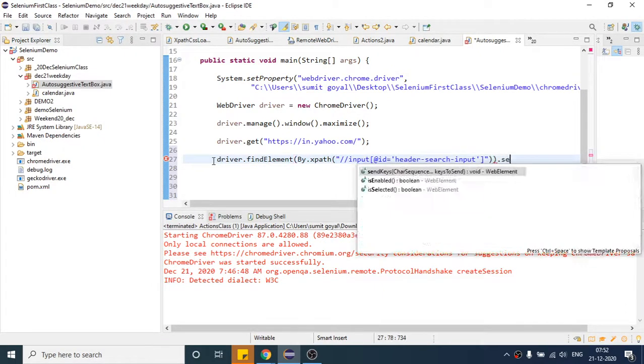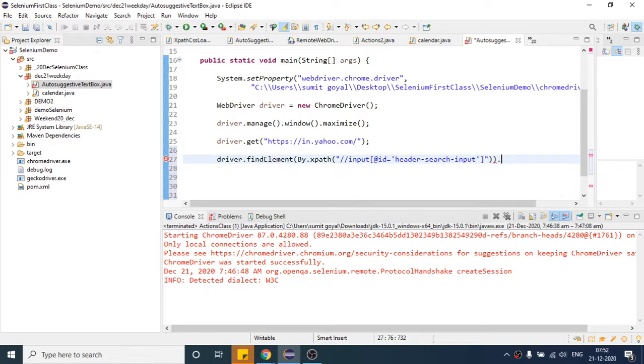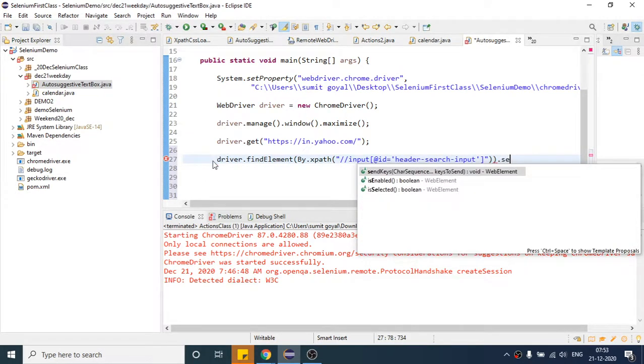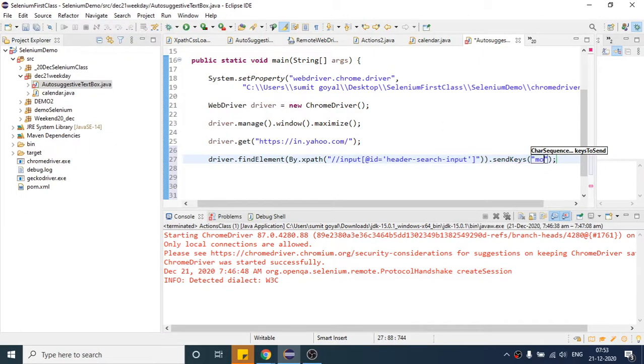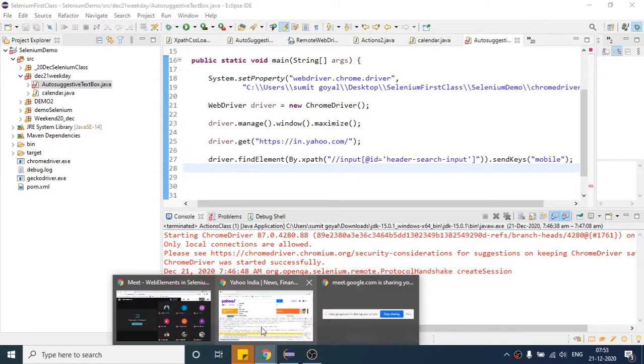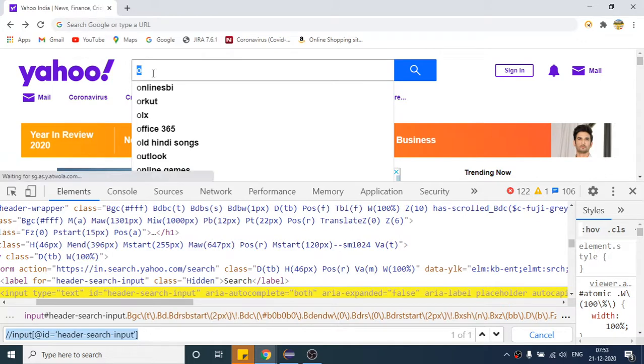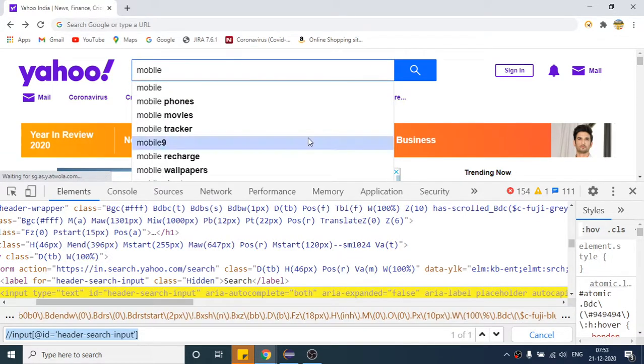I will use .sendKeys. Suppose I'm typing mobile, so once I type mobile, this statement will work fine, no issue. And once the website opens, it will enter mobile, right? You can see these kinds of websites, right?